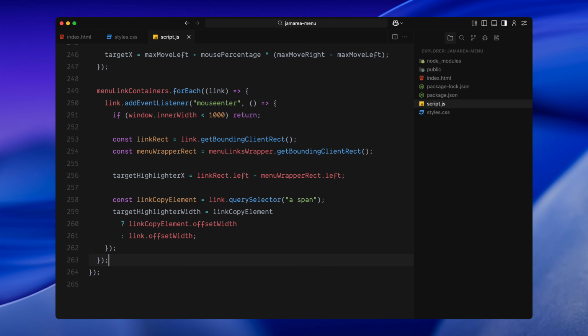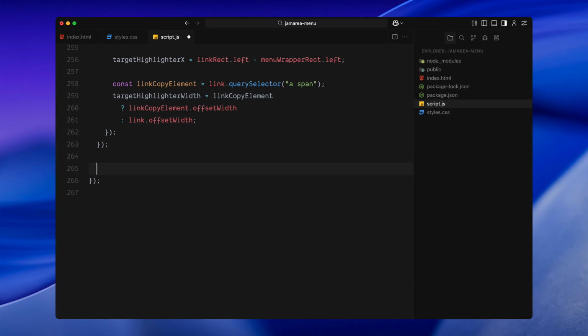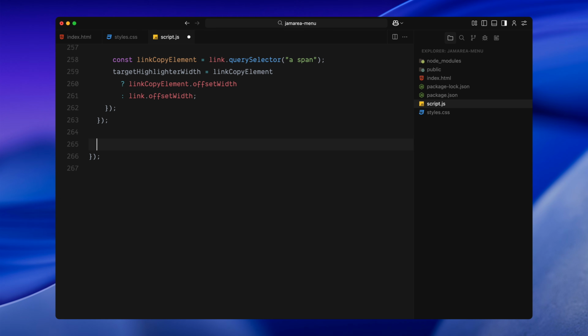Both the position and width values are updated smoothly in a request animation loop, so the bar glides to the hover link and resizes itself perfectly to match the text. This makes the entire nav feel more dynamic and interactive, even though we are using very simple math under the hood. Next, I'll show you how we reset the highlighter if the user moves their mouse away from the links